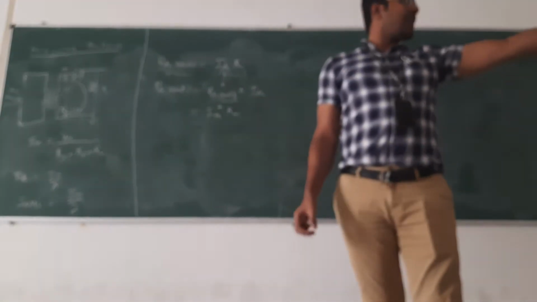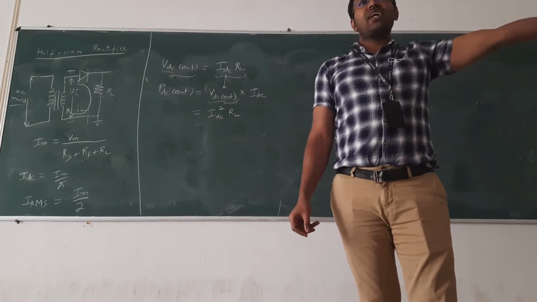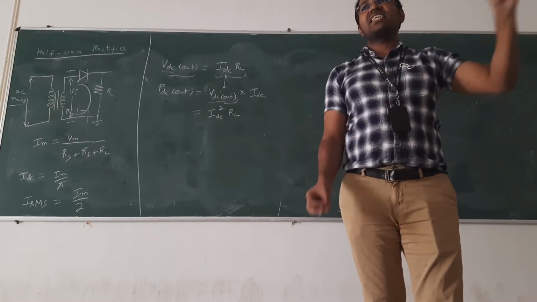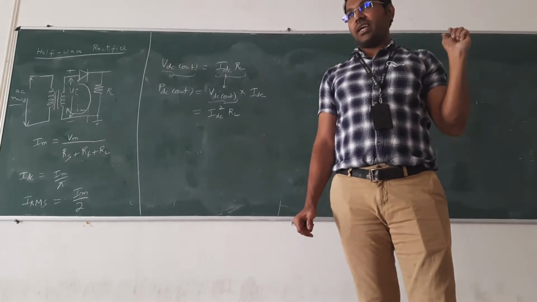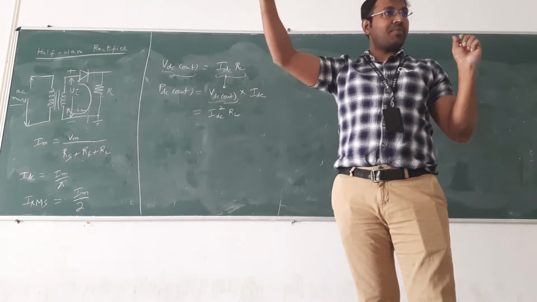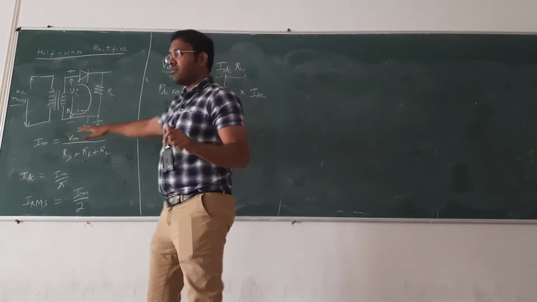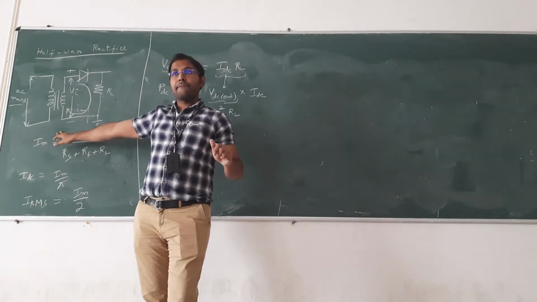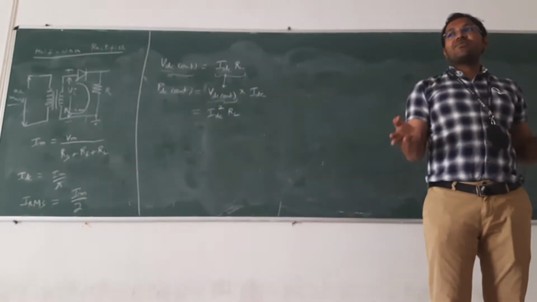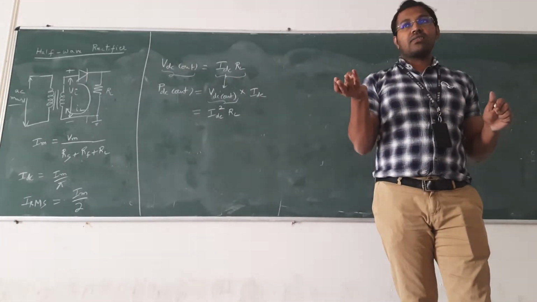See, electronics we are using DC. At the plug point we have AC. Right. So what we are trying to do? We are trying to get DC from AC. So the first process is a transformer, a step down transformer followed by the rectifier, and that is what we are discussing now. So what is the useful power? Electronics, what we need? DC. So the useful power will be DC power.